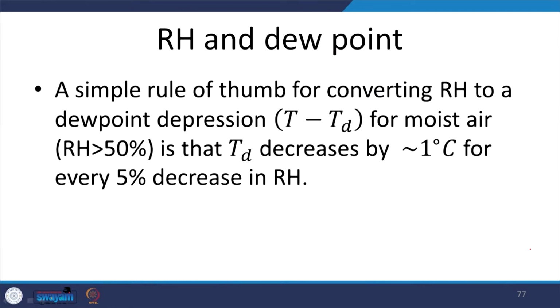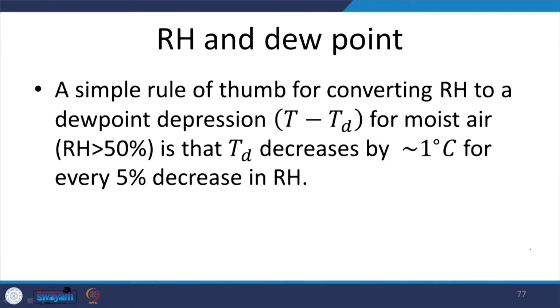Now, if you are not adding moisture physically, then obviously the saturation mixing ratio at the lower value of temperature will always be less than 1, I mean less than 100%, right. So, that means that relative humidity should reach 100% and can never, ideally, be greater than 1, right. So, the simple rule of thumb, I mean how do you connect the relative humidity and the dew point